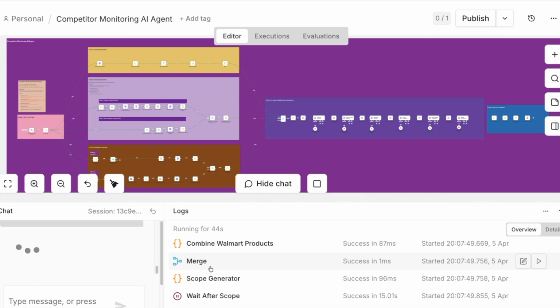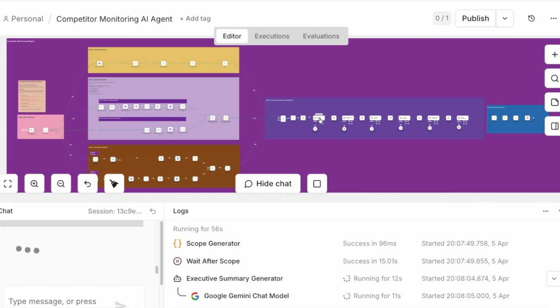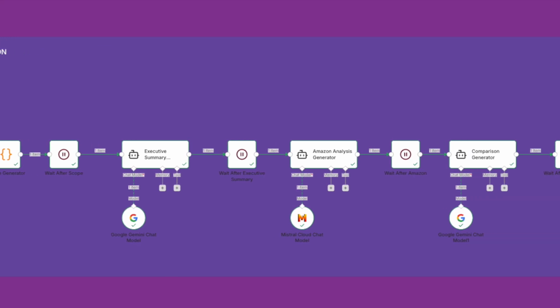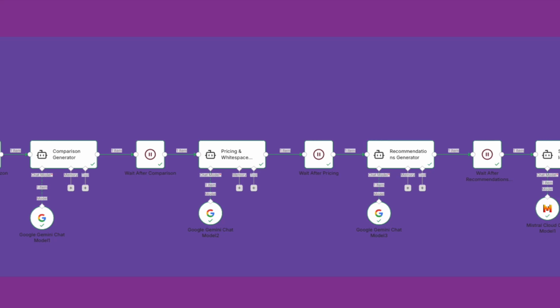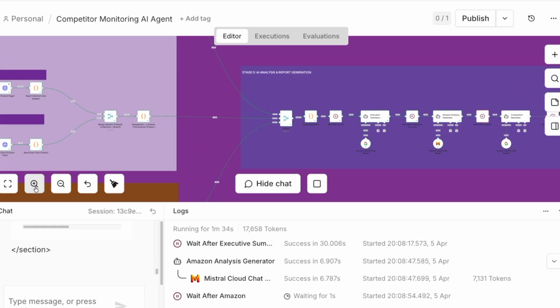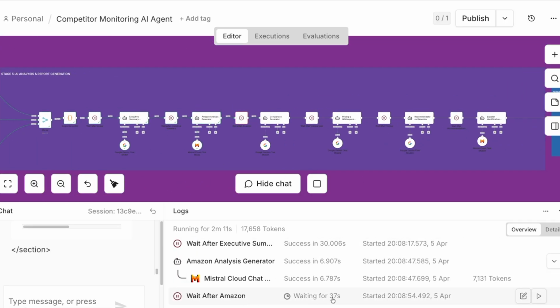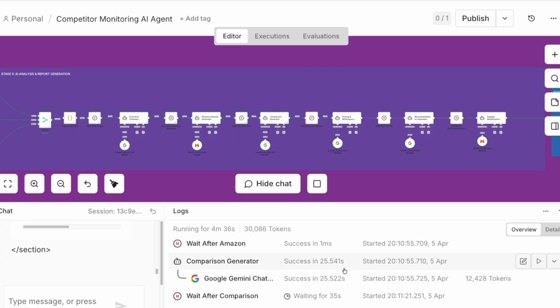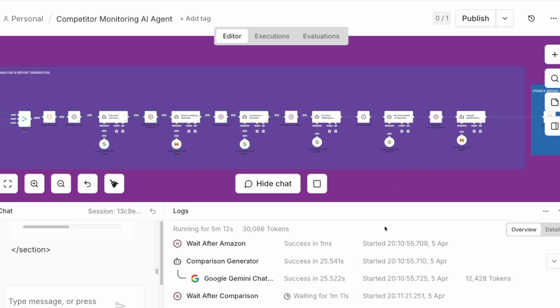So now that we've done the parsing, we'll reach stage 5, the multimodal AI synthesis. This is where all the raw data is fed into our LLMs. We're using Gemini 2.0 and Mistral, and they're going to perform cross-retailer reasoning. And the goal of this stage is to transform raw data into strategic insights such as pricing gaps, supplier commonalities,